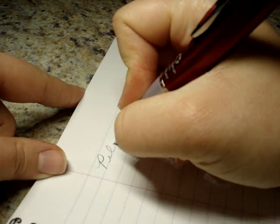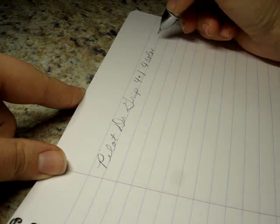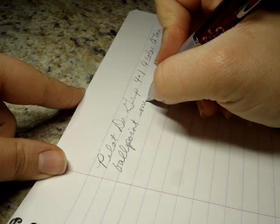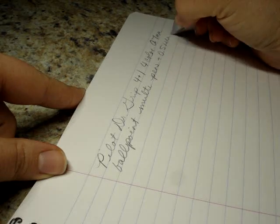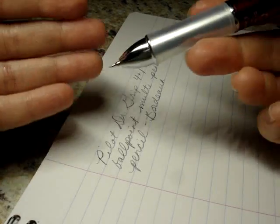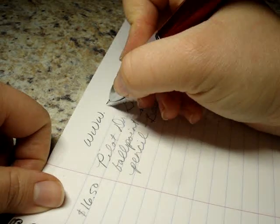Here we go. So this is the Pilot Dr. Grip. Has a very long name. 4+1 4 color 0.7 millimeter ballpoint multi-pen plus 0.5 millimeter pencil, and this is in Bordeaux. And this just works like any other mechanical pencil I've ever used, so I don't have a whole lot to say about that. And this was $16.50, and I got everything from Jet